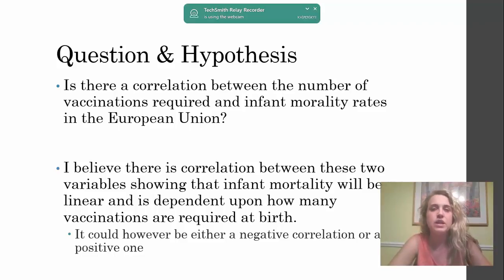But from there, I question whether it would be a positive correlation or a negative correlation, because it could be either. With a positive correlation, it would be more so that more required vaccinations at birth would bring a higher infant mortality rate, kind of saying that maybe these vaccinations aren't the healthiest for these babies and are maybe killing them. And then with a negative correlation, you will see that higher vaccinations required brings a lower infant mortality rate, so it's more so that these vaccinations are helping to keep these infants safe and healthy and letting them live a longer